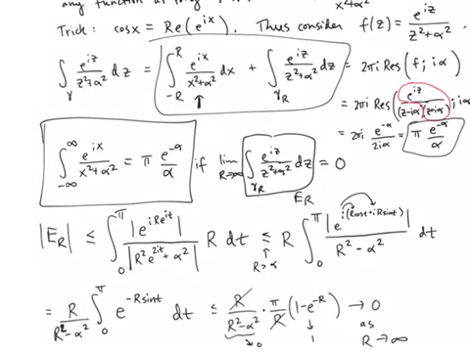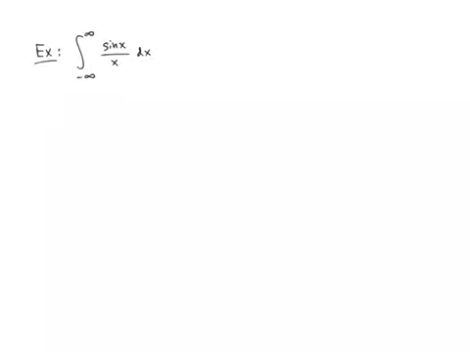All right. So the last example we have time for is sine of x over x, the indefinite integral from negative infinity to infinity of this function, a classic integral. And so as before, we're going to try f of z is e to the iz over z. So we'll use e to the iz for the sine part instead of sine of z. And we'd like to try again to use